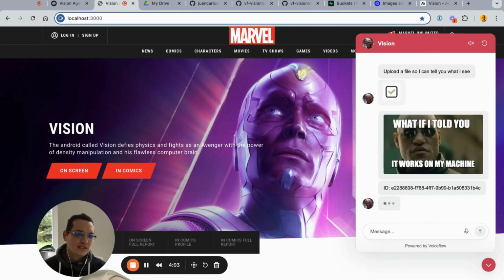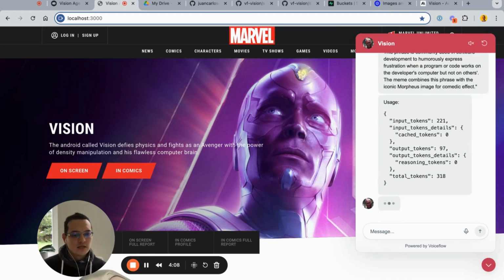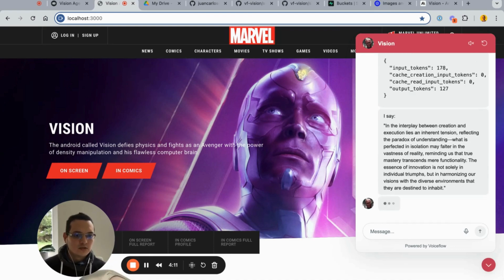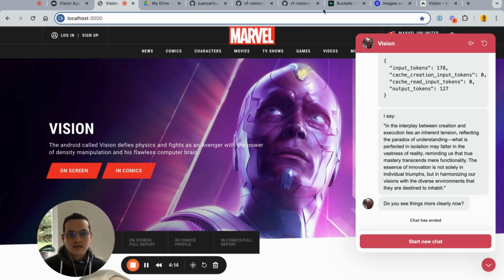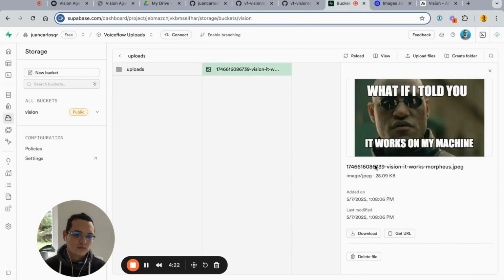Almost similar, but yeah, the one from another universe. So as you said, it's going to render everything, like all the responses. And then that's all of it. And then we go back to buckets. And then if I click reload, we are going to see the image that I just uploaded, so just right now. And yeah, that's pretty much all you need to do to enable this storage on Supabase